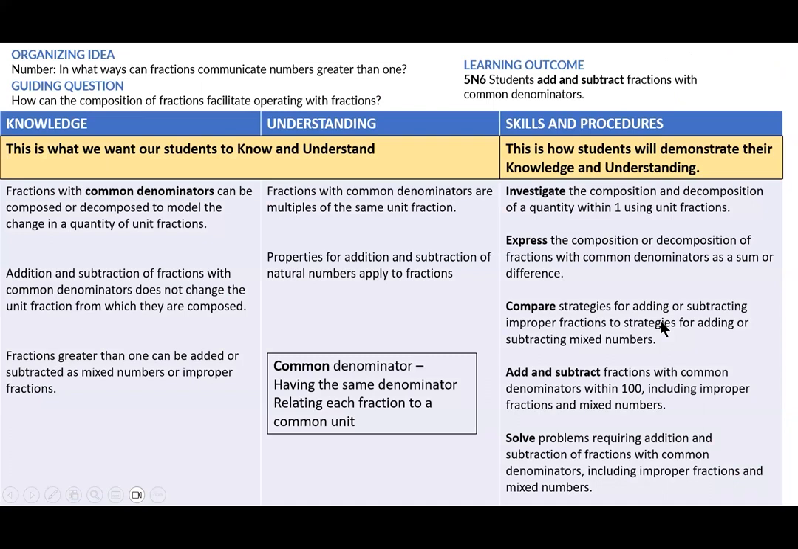So now we're looking at adding and subtracting. So we're looking at fractions with common denominators, or like denominators, that can be composed or decomposed to model the change in a quantity of unit fractions. And what that means is we can take 3/5 and we can decompose that into 1/5 plus 2/5 or 1/5 plus 1/5 plus 1/5. So you're going to see some slides. So it's just that decomposition and that composing, bringing it back together,